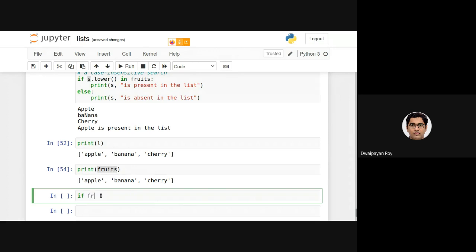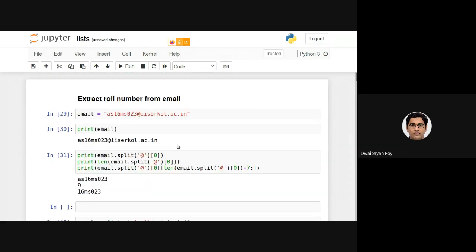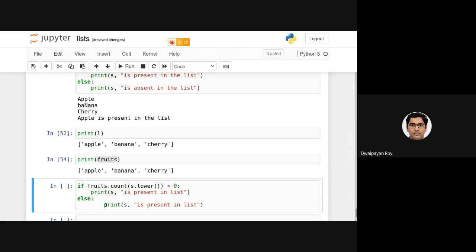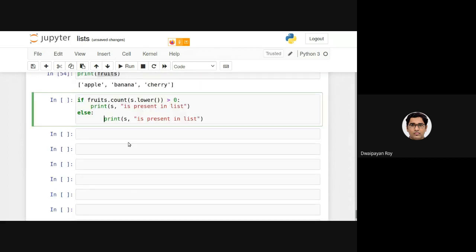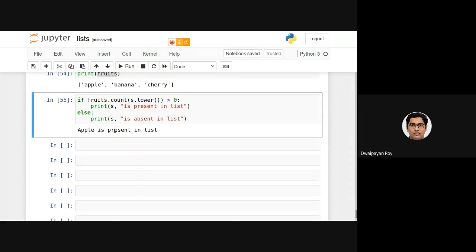So if fruits dot count, and of course we need to call this lower function with this S, if it is greater than 0, we can say that S is present in list, or else S is absent in the list. Now if I execute, as you can see, apple is present in the list.